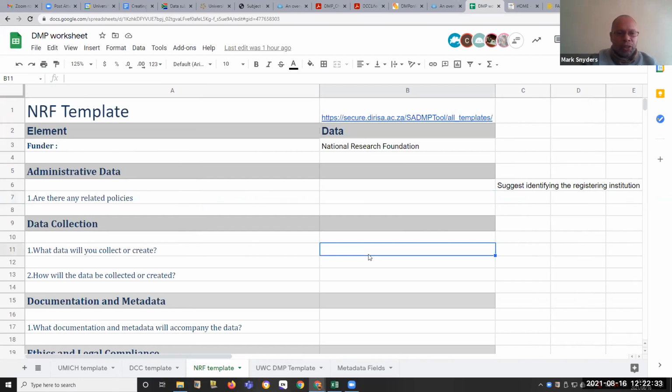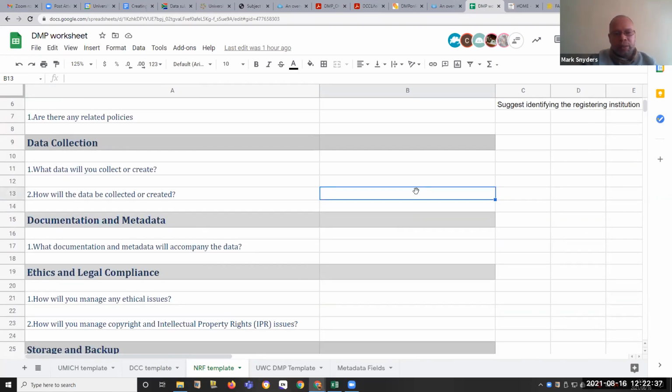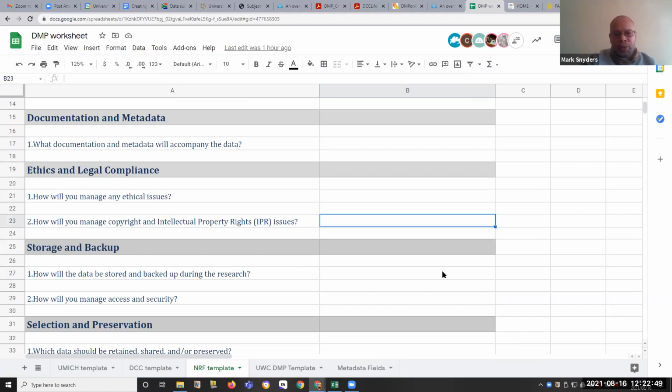We have data collection. What will you collect? How will you collect the data or create it? Which documentation goes along with the data? Ethical and legal compliance. How will you deal with various ethical issues? And how will you manage copyright and intellectual property issues? Storage and backup. How will the data be stored and how will it be backed up? And in the case of